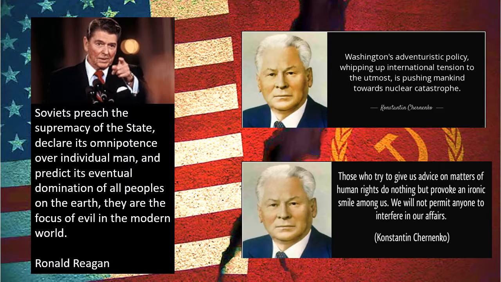And these are just some quotes by the two leaders, Reagan and then the final leader of the Brezhnev era. He was after Brezhnev, of course, but he died. Konstantin Chernenko died, I think, about a year in office, and he's basically amping up the rhetoric a bit himself and saying that they don't really care about human rights, and that the United States is amping up problems, and of course, there's Reagan saying that Soviets are evil. So at this time, tensions are pretty high, higher at least than they had been prior to Reagan's term in office.